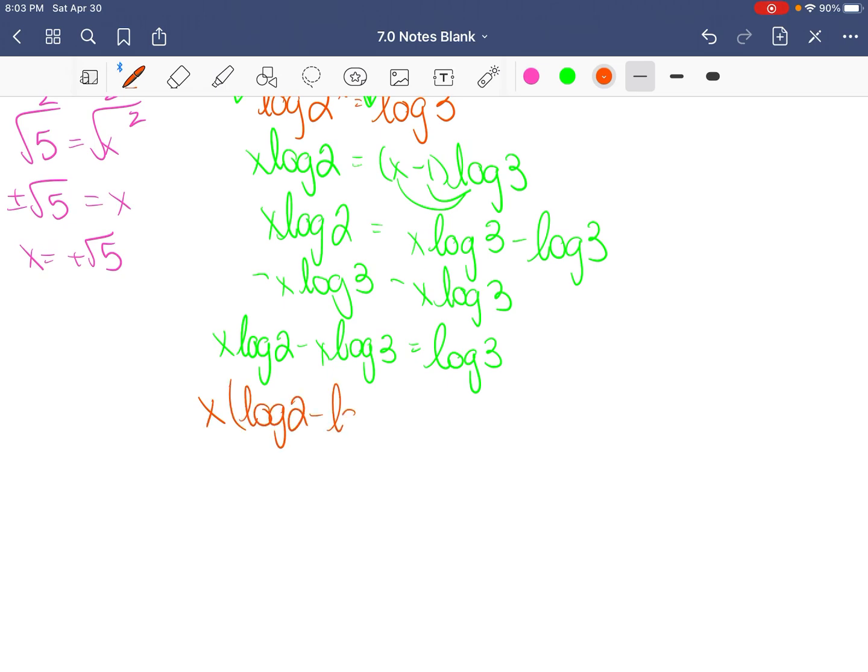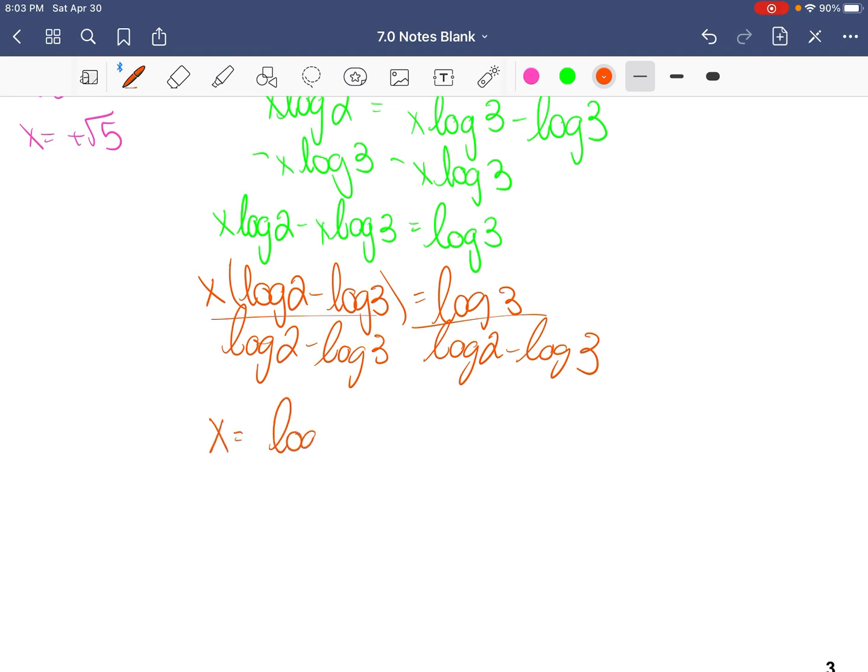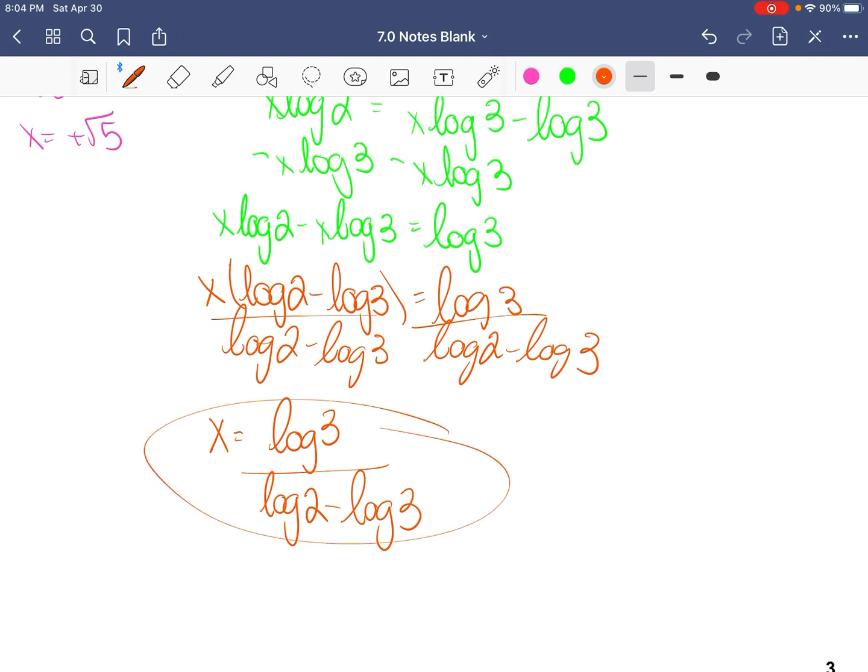We're going to factor out x, which leaves us with log of 2 minus log of 3 equals negative log of 3. And divide both sides by log of 2 minus log of 3. So x equals negative log of 3 over log of 2 minus log of 3. If we're doing exact values, that's our final answer. You could also type that into your calculator, but